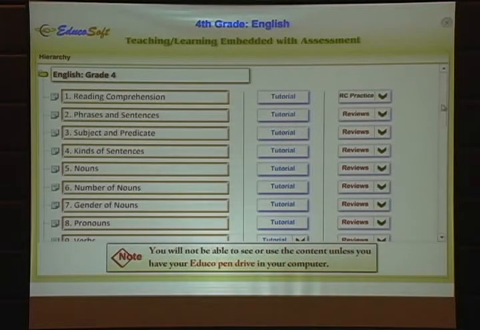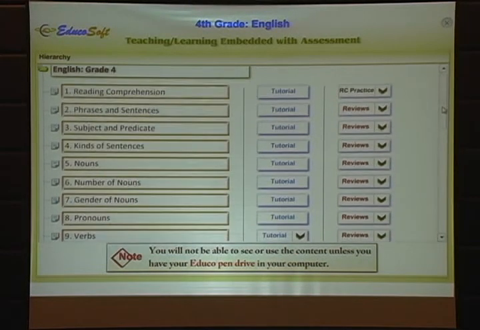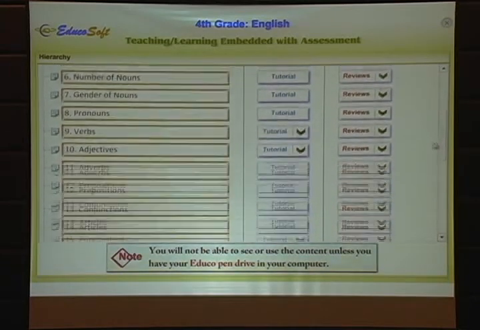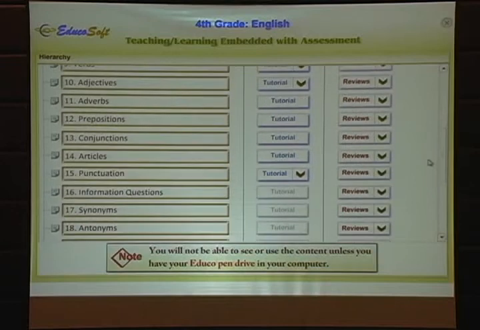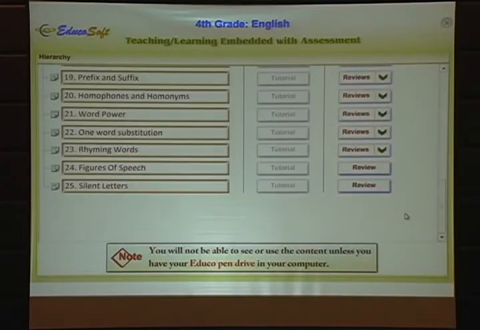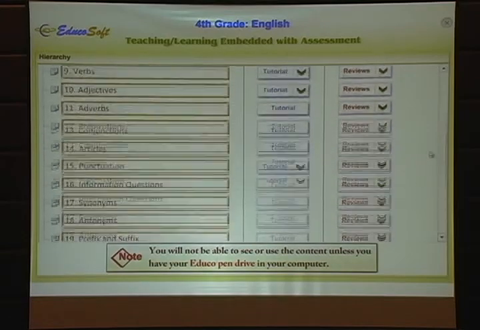And now you have reading comprehension, subject, predicate, kinds of sentences, nouns, number of nouns, gender nouns, pronouns, verbs, adjectives, prepositions, conjunctions, articles, punctuation, and so on and on. All these topics that you teach in English, and then tutorial and review. What about review? How many reviews? Infinite sessions. Keep on doing it until the time you master that concept. And all the help you need is already built in.